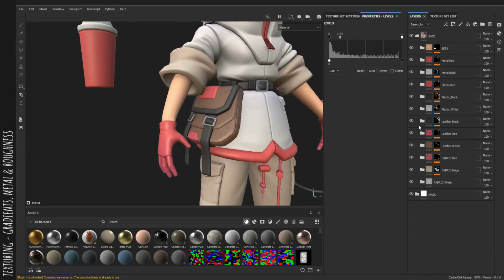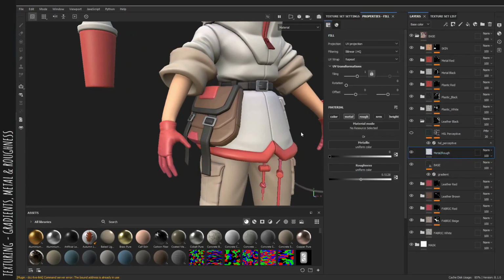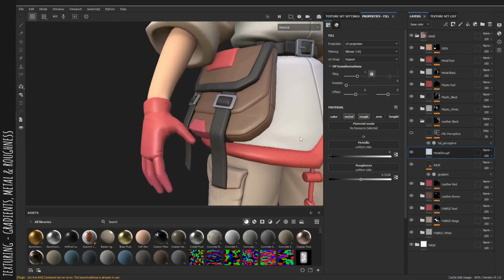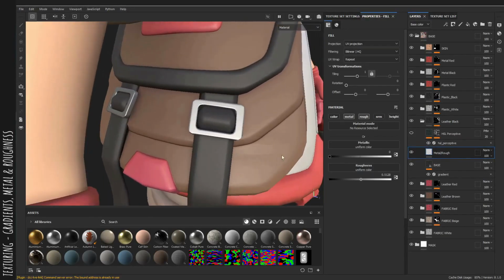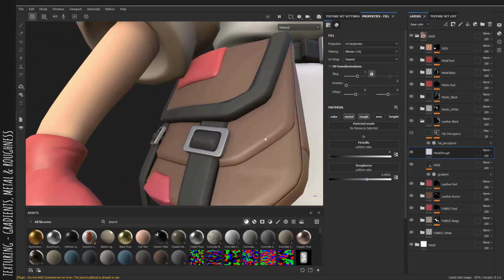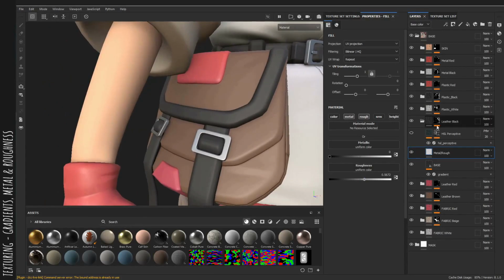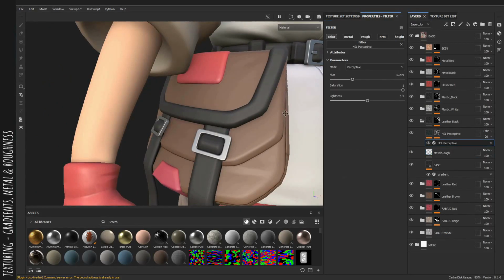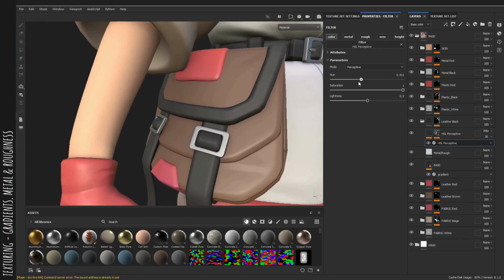Next one, leather black. Again, metal rough first. So we can make this more rough, so we have a nice difference between this glossy piece and this rough piece. So we're gonna make it a little bit more rough. And for the HSL, we're gonna try to maybe add some, let's see,